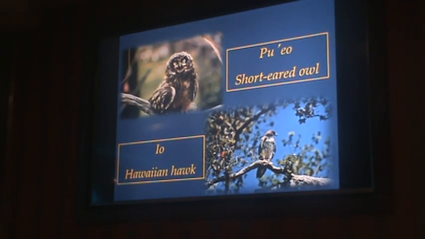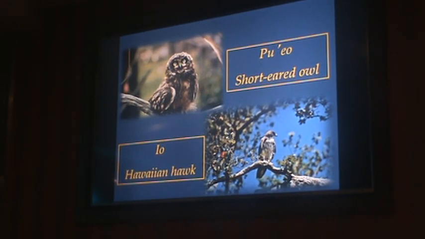There's also the pu'eo. This is a short-eared owl. How on earth did this bird end up on the island, 2,500 miles away from the nearest? And it wasn't brought in by people. It ended up here. You also have a hawk that's here, an io hawk that is endemic, found nowhere else